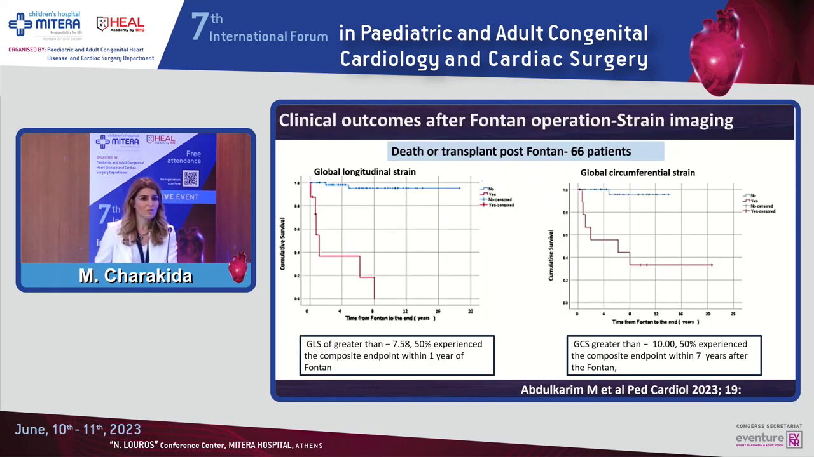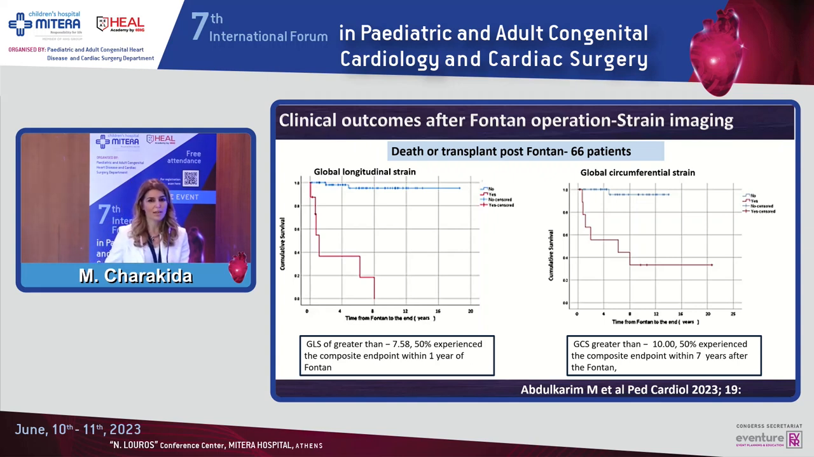We have information that strain can give us information about clinical outcomes. This is a study on 66 patients after Fontan operation, and you can see that by using the global longitudinal strain, we can have information about the composite outcome of death or transplant in the post-Fontan patients. In the first part, using a cutoff which is quite low of